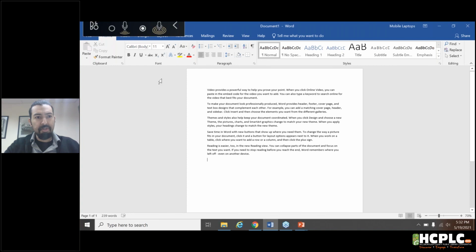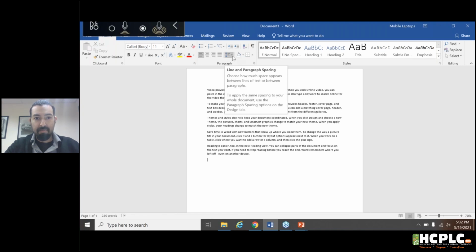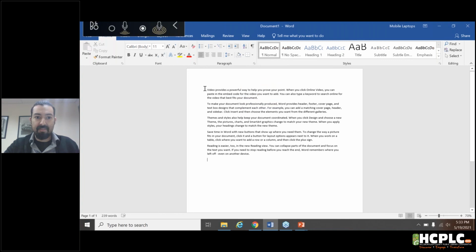The first thing I'm going to show is here within the Home menu, and it's going to be the paragraph button, which is here in the center section. It's this little line spacing button here where it says line and paragraph spacing. It allows you to change the spacing in between each line in a paragraph and in between each paragraph itself. So when you have text, once it's already typed, if you want to change it, you can go ahead and highlight your text,